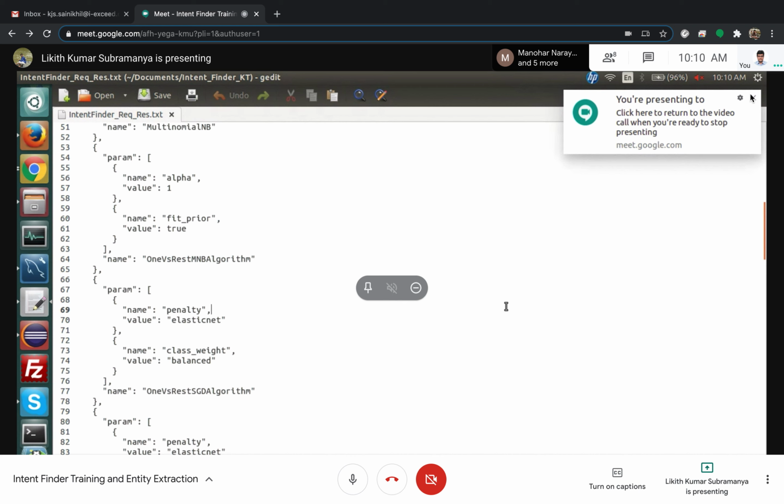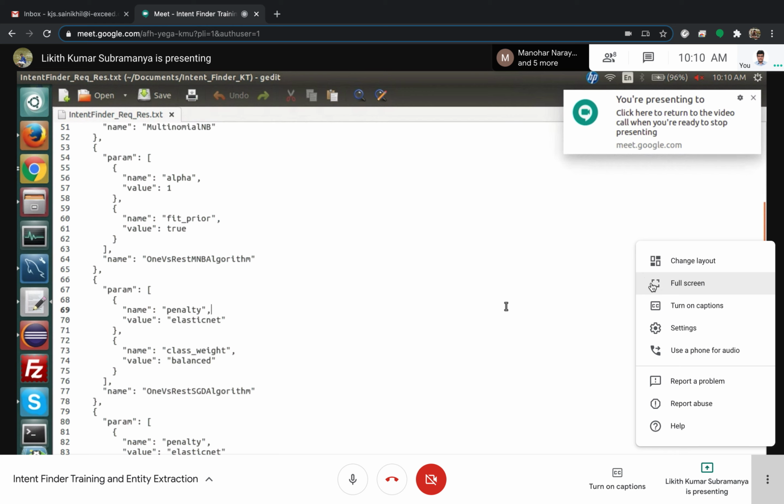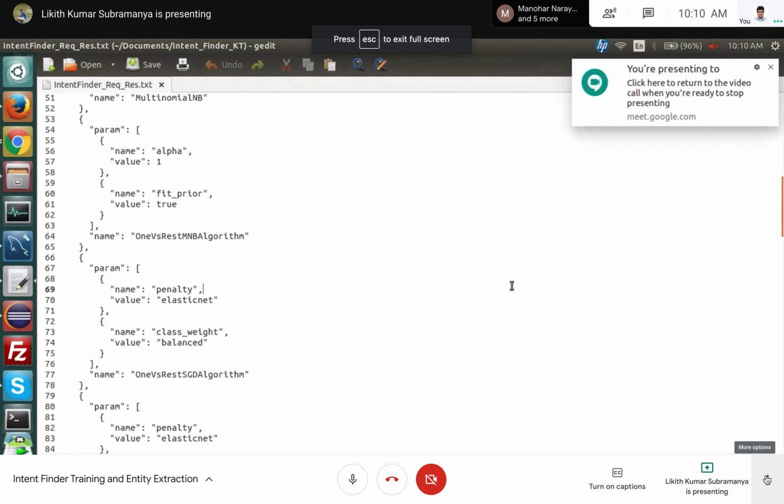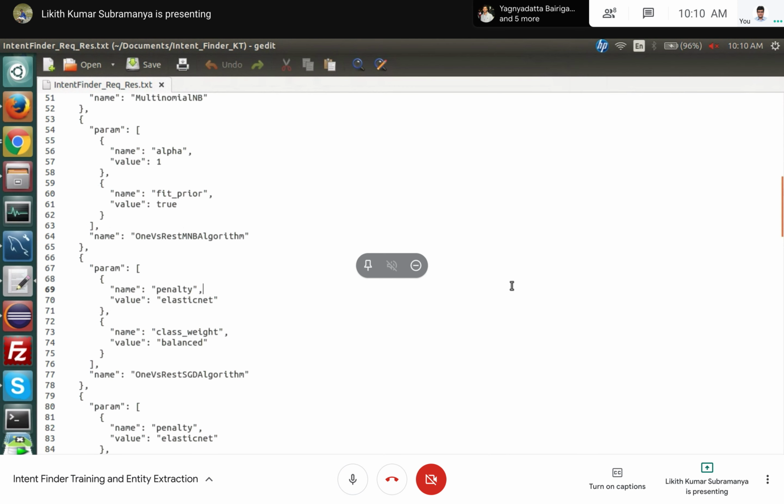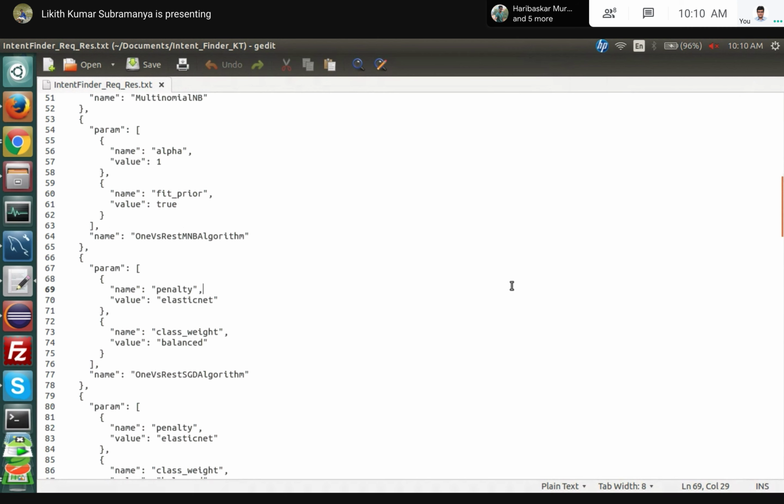We are doing today. So one is intent finder training. Intent finder is an NLP based ML model. So how we train the intents based on the configurations or based on the model parameters, how we train the model and get the intent out of it, then how do we predict the intent? That is one use case which we're gonna see today.